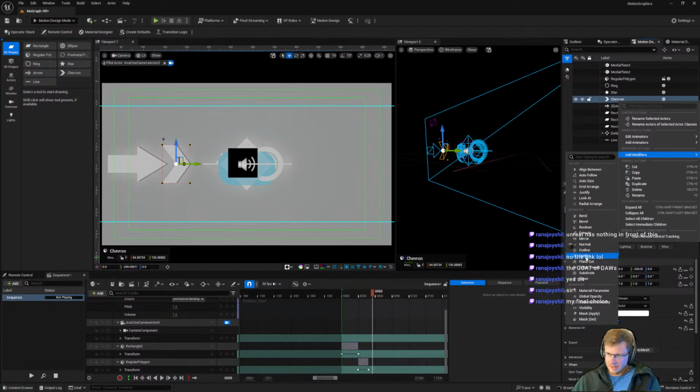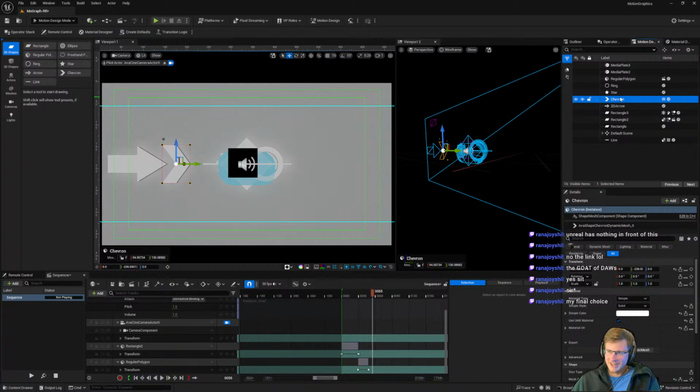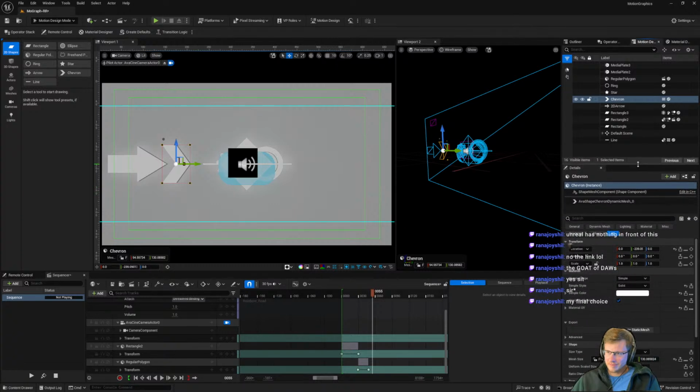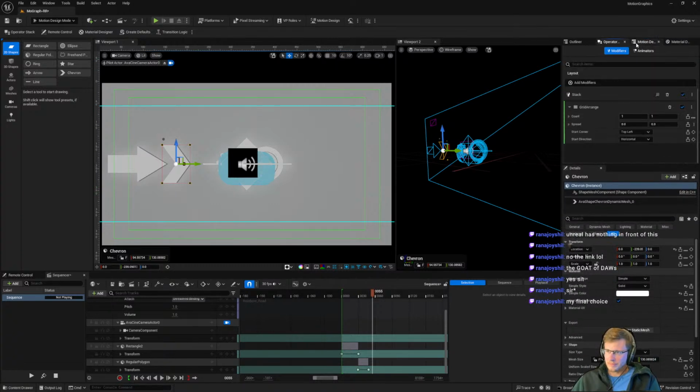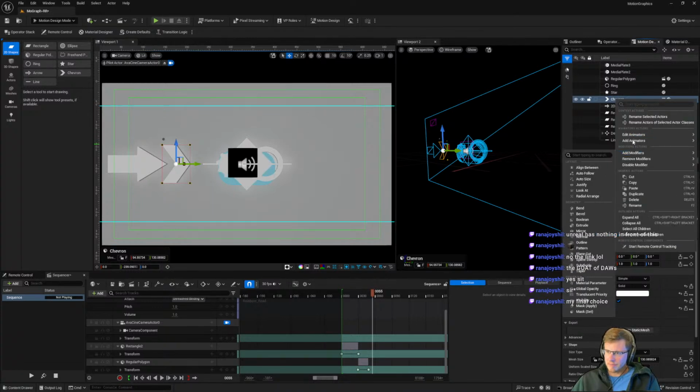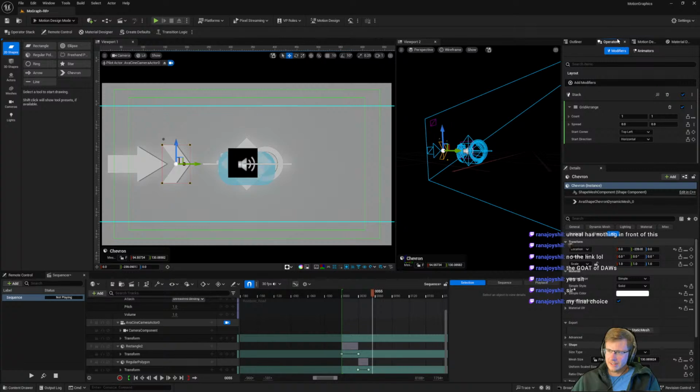And so the one I was trying to do the other day, after you select these, you can add modifiers, add animators, and then you hop into the operator, and you can do things like grid, which I'm trying.